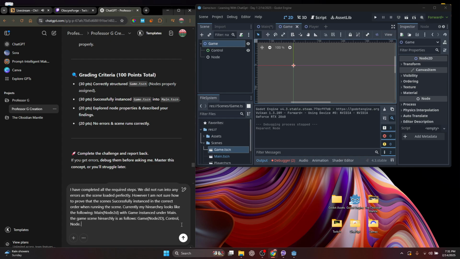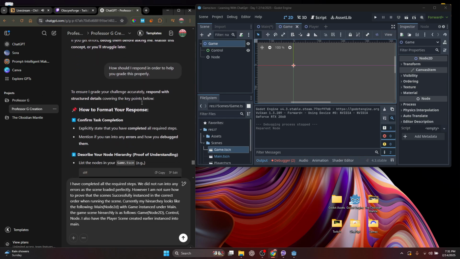Also have the player scene created earlier. Also the instance into main. Okay. So this is really why I wanted to ask it how to format the response, because